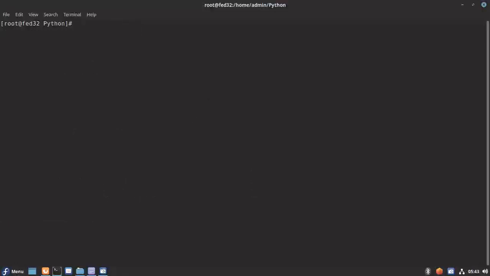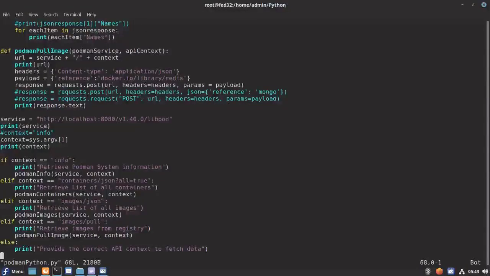Okay, so let me clear my screen and go to the application. The next one which we are going to do is a bit interesting. So we are trying to pull an image from the registry, basically by triggering the API call from our Python application.